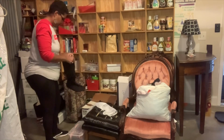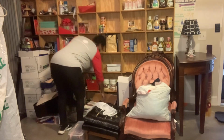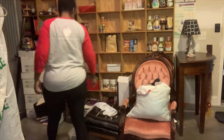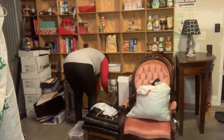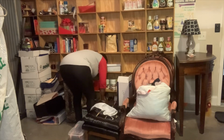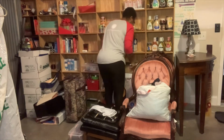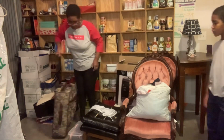Here it is. I'm finding a pair of boots that are actually my size, 8.5, that I didn't realize were in there in Beauty's things. They are a really good pair of boots, so I'm going to clean those off, and I am going to wear those. It's just going to save me a little bit of money because I haven't been able to find a pair of flat boots at the Goodwill just yet, even though I've been looking, so I was glad to find those. But I'm just finishing up with Beauty's things, putting the last few boxes